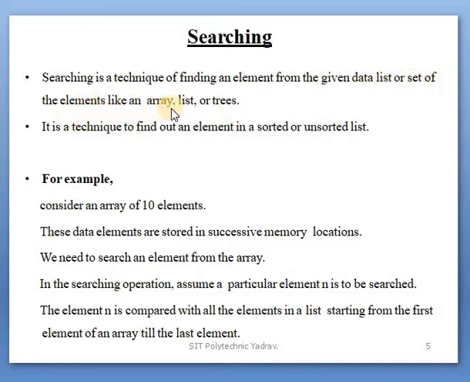Data structures like array, list, trees, etc., through which you store the elements in memory. Finding any specific element in a data structure using these techniques is known as searching.